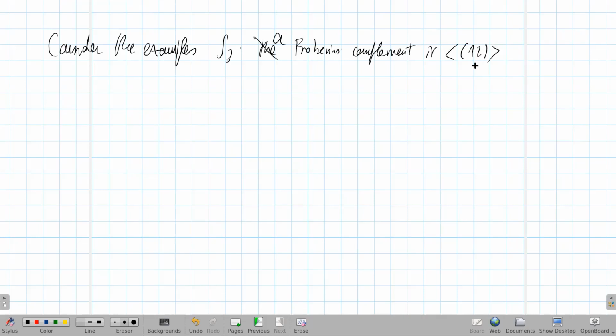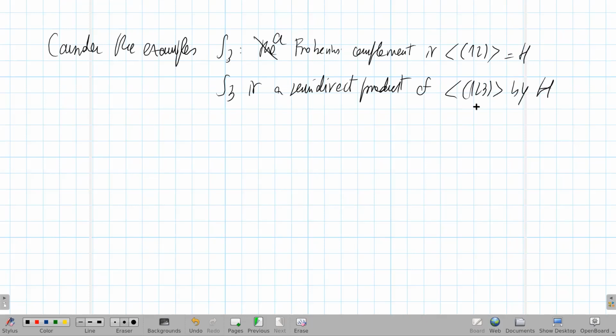Okay, and note that S3 is an internal semi-direct product of the subgroup generated by (1 2 3) by the H. Of course, this is a group of order 3, this is a group of order 2. So this is, of course, normal in S3, and so it's a semi-direct product. And moreover, you can note that the subgroup generated by (1 2 3) can be obtained from S3